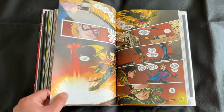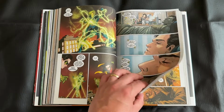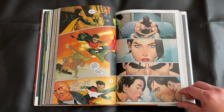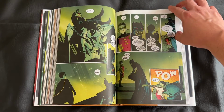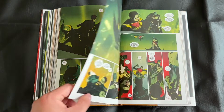His Robin or Robin-like figure is a kind of Gotham girl that's been brainwashed, or at least convinced, to aid them. And it's pretty intense. Most of the Bat family has had to go underground or hasn't been able to fight against them over threat of punishment, things like that. And again, big spoilers, Damian decides to fight back against that and is punished, having to watch Alfred get murdered